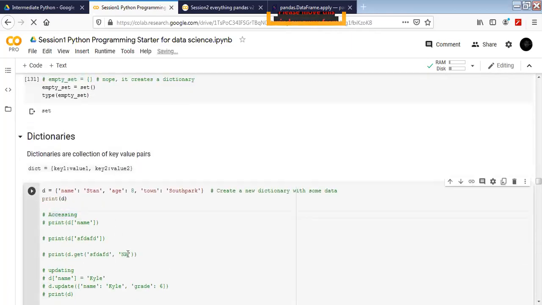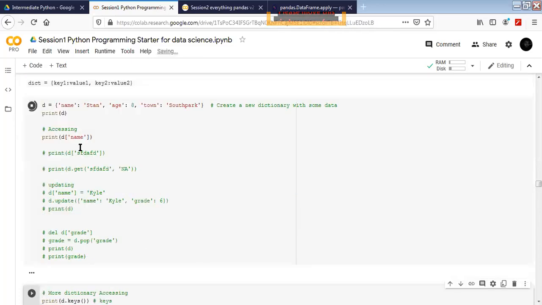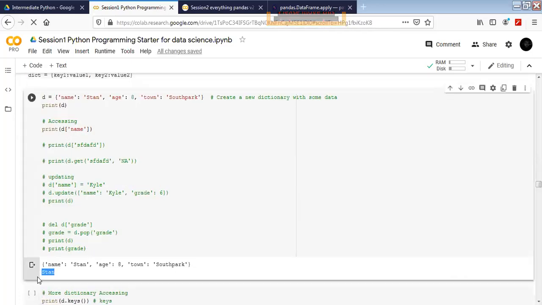Now, accessing the dictionary. In a list, how were we accessing, which was called indexing, right? Here we cannot utilize indexing, can we? No. Can we use the key here? Yes, exactly. Here we don't have index values, so we have to access it using the keys that are given to us. If we have to access any element, for example name, I will do D and then pass name, and it's going to return me the value here.